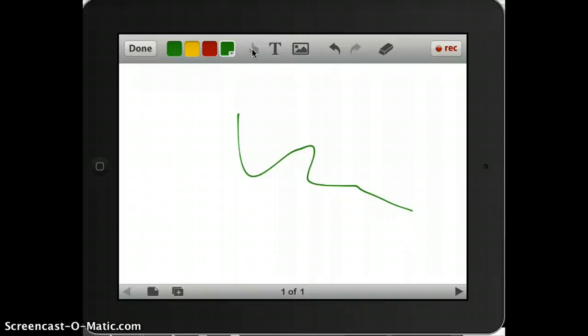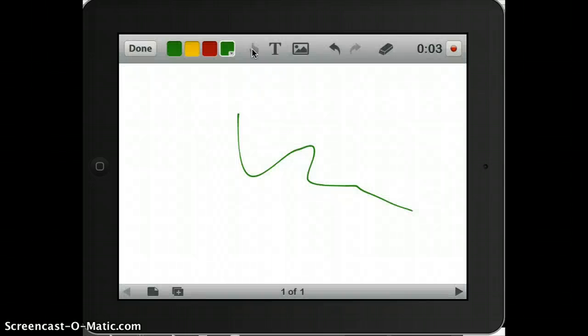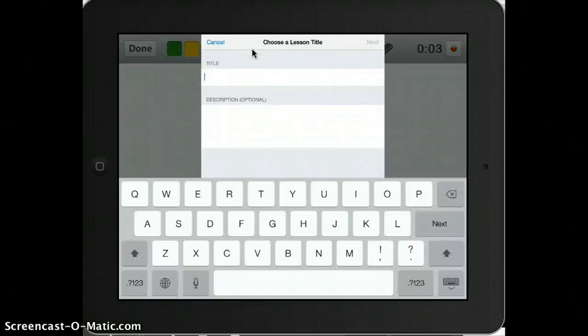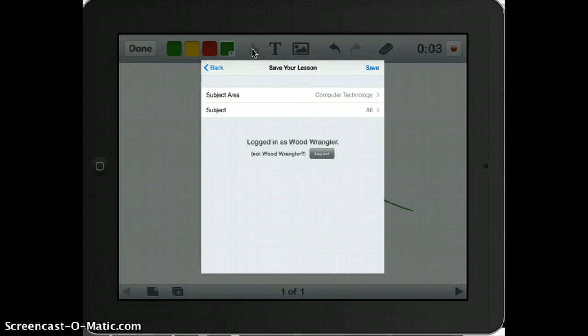So the other thing I can do, and I'm just going to demonstrate real quick. I'm just going to put a squiggly mark, record for a second. You do have to record in order to save anything. So I'm going to hit done. I'm going to save the lesson. Give it a title. Let me see if it's going to make me. Alright, so I'm just going to call this test. I'm going to click next, and I'll say public. And at this point,